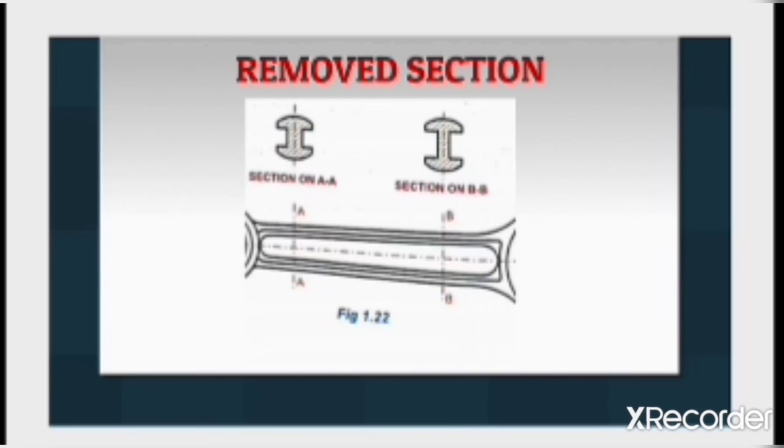So the section which is obtained by passing the cutting plane across the axis of object will be projected separately from the object. This section will be known as removed section.